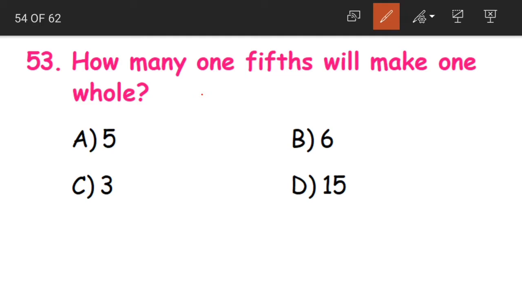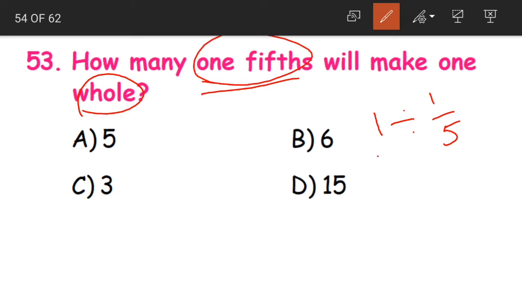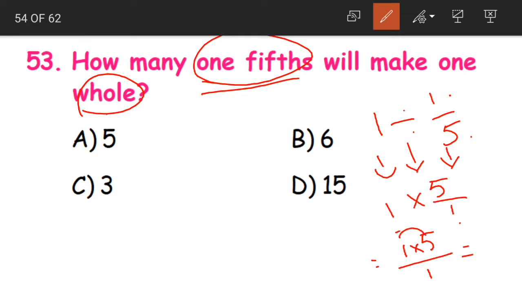Now coming to the actual method of solving this, we have to divide 1 by 1 by 5. How will you divide, children? The first number as it is, division becomes multiplication, and for the second fraction we write the reciprocal. 1 by 5 becomes 5 by 1. Now how to multiply? Multiply the whole number and the numerator and write the denominator as it is. 1 5s are 5 divided by 1. 5 by 1 is nothing but 5. So option A, 5, is the correct answer.